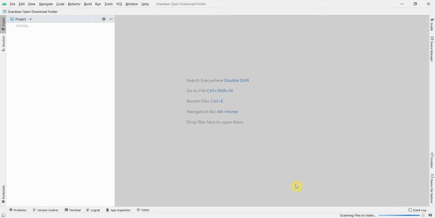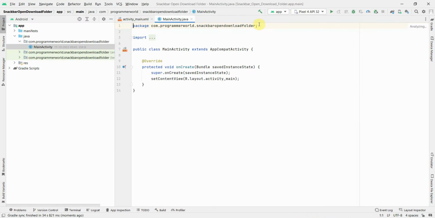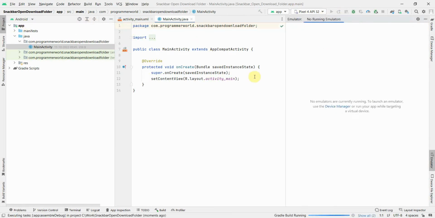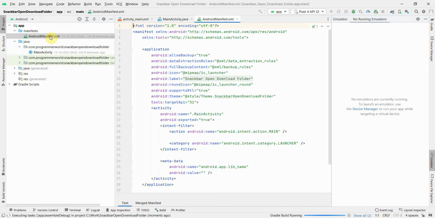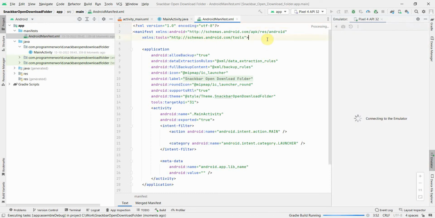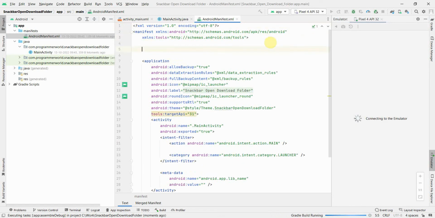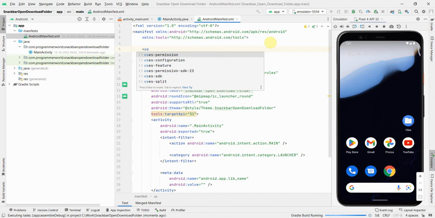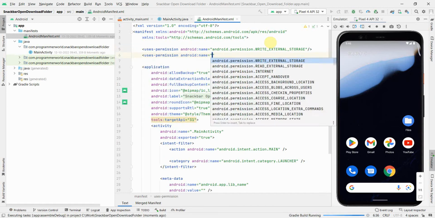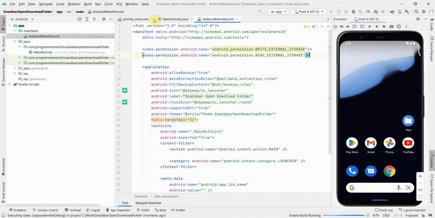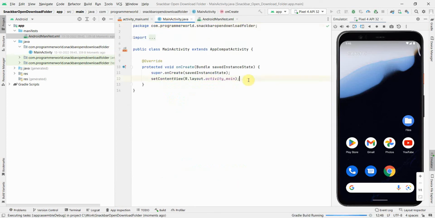It may take a while for the environment to set up based on your IDE. Once the environment loads up, I'll also start my app in an emulator on the right hand side. First and foremost, since we are going to open a folder, the downloads folder, I may request the user for some permission, read and write external storage. Okay, so quickly I'll just finish this up as part of my initial setup, and also in the activity dot Java file